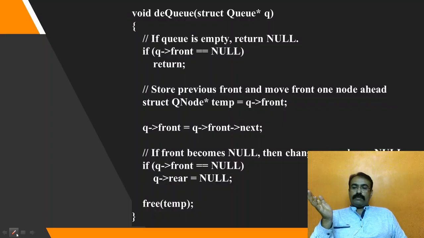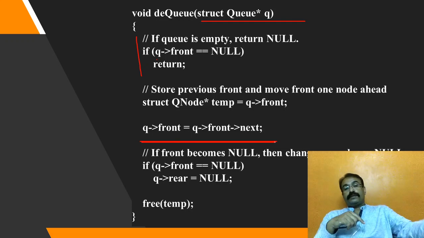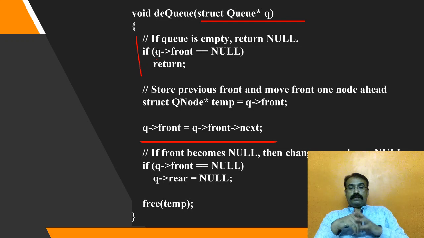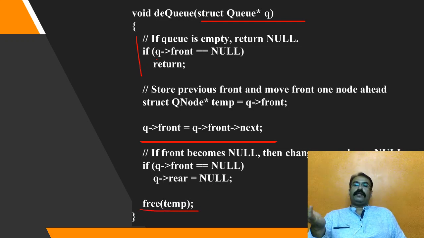And when I talk about the dequeue operation, deleting an element from a queue, again we are going to have a validation check, and if not, we are going to increment front, make front point to its next node, and then free the temporary variable, free the node which was previously first. Okay, so these are the two simple logics of enqueue and dequeue functions.